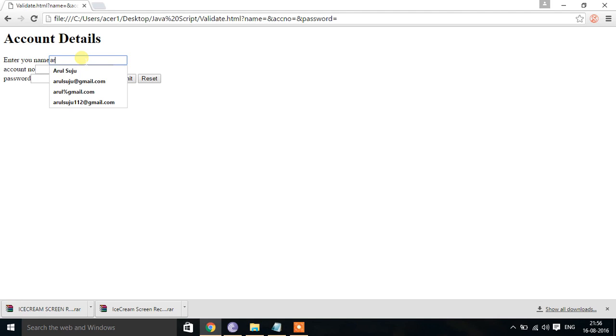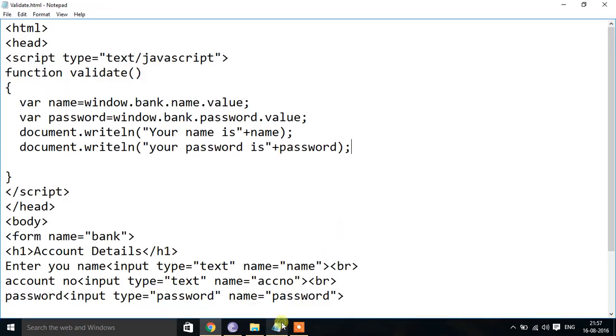I'll be giving the name Arul Suju, account number 123456, and the password is like ABCDEF. If I click on submit, oh, there is a problem. We need to check this. I think there is some problem here.